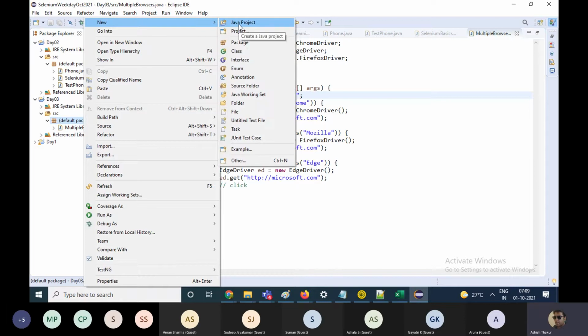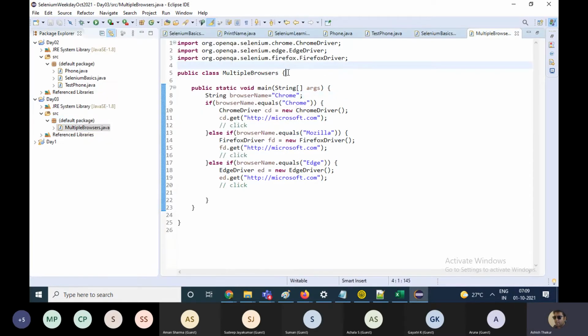I'll cover the concept of interfaces now. Till now we have been creating a class. Now I'll create an interface. Now what is an interface? An interface is something which gives you an idea about the system. For example, if you buy a book, just by looking at the cover of the book, you understand what it is about. So it gives you an idea.